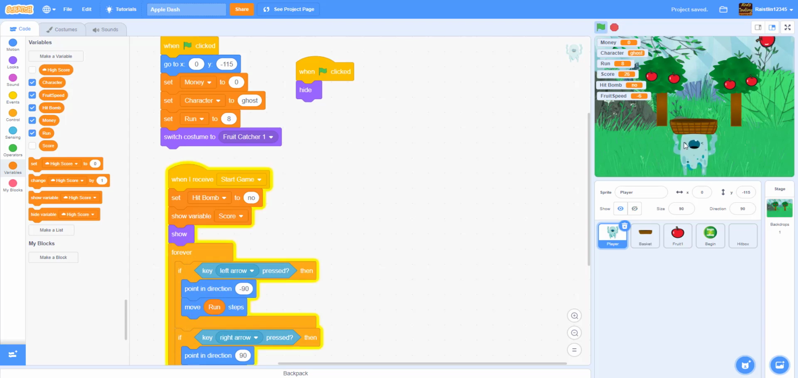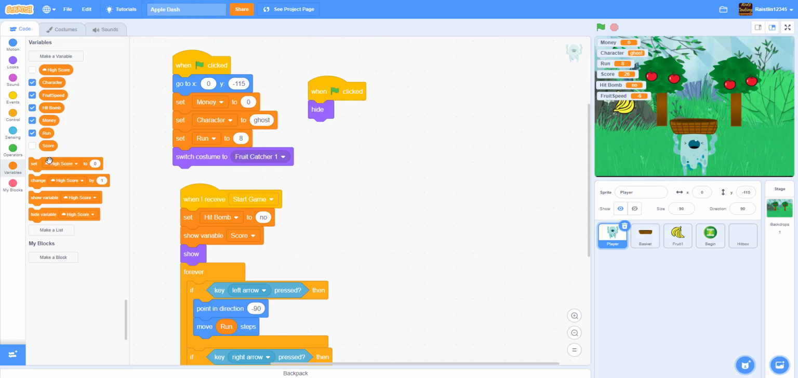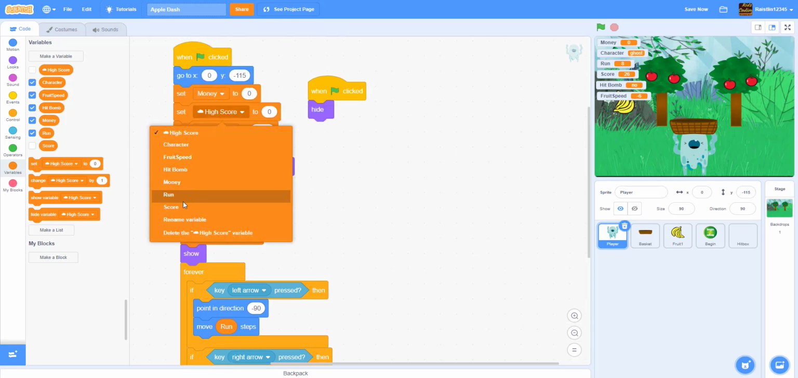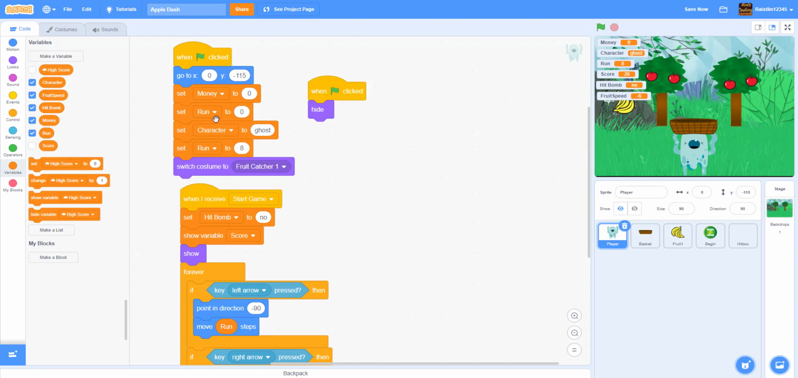Okay, so when you begin, the score will show automatically, and we have to set the score to 0 as well. So let's set the score to 0. Okay, score, and let's hide these variables right here and only keep the money, score, and let's hide the run as well. Okay,